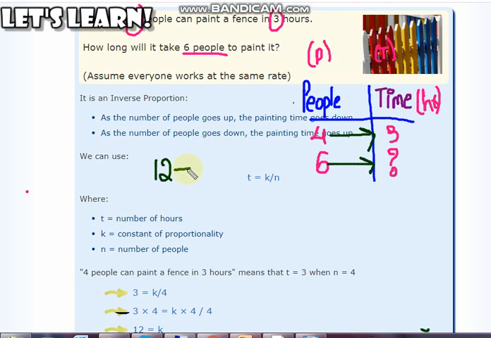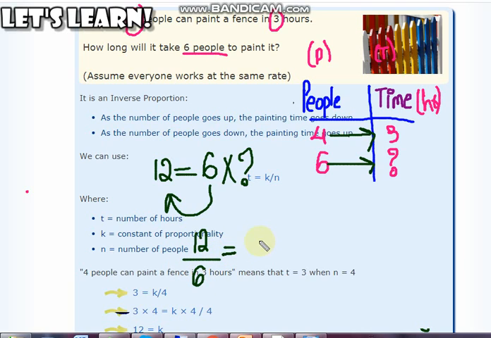Then I will be writing an equal to sign. 6 into question mark is 6 into question mark. In place of question mark, you can write a variable that can be an x, y, z, because variables are just denoting an unknown value. I need to find the question mark, I need to find the time. So what I have to do is shift the 6 to the other side of the equation. So 12 divided by 6 is equal to question mark, that's your time period. So you can see that we're getting the same answer, that's 2 hours.